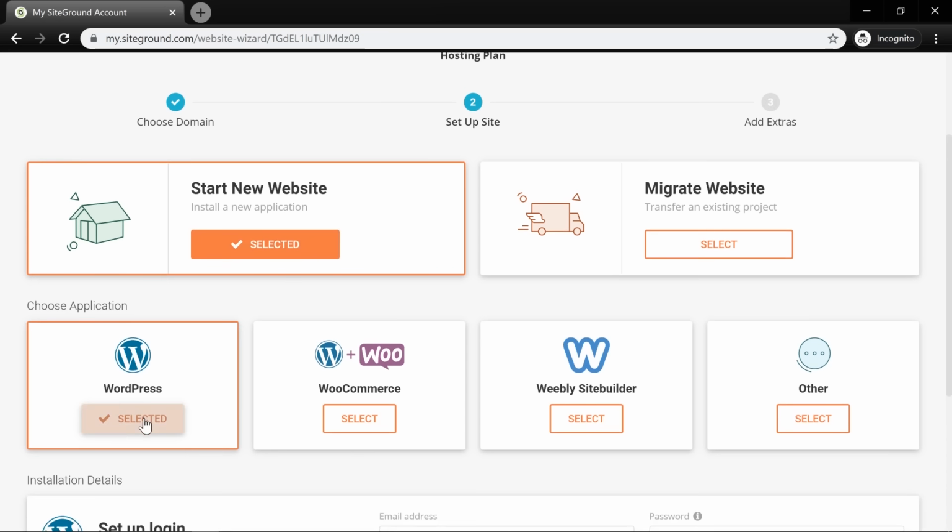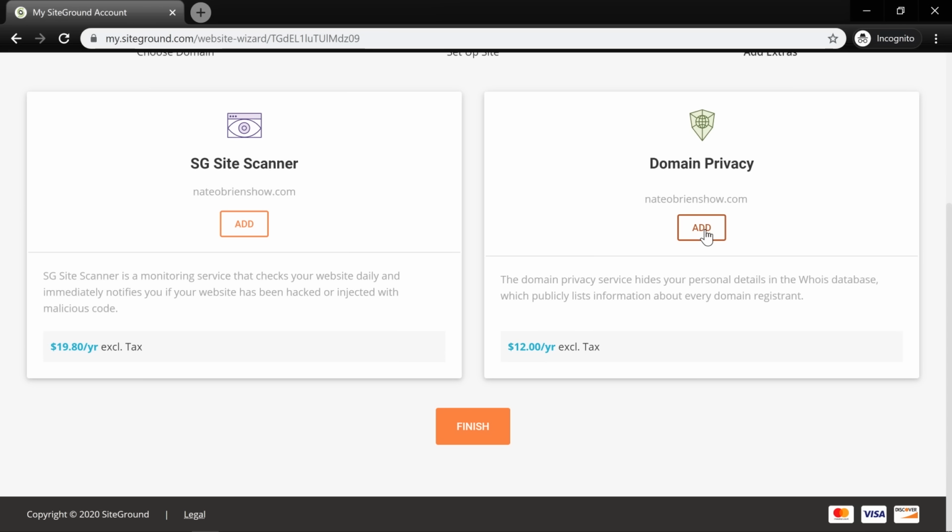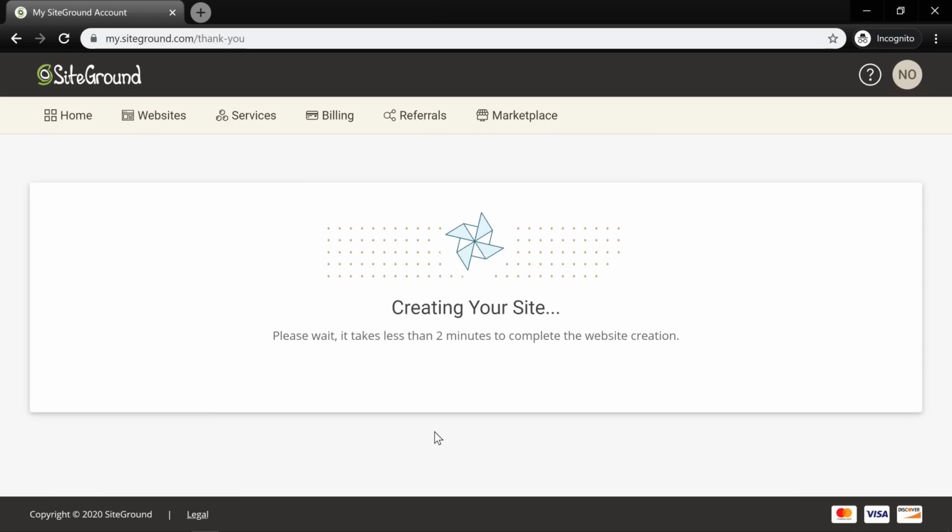So we can click select on this, and then we can actually set up our WordPress login and our password with this. So let me just go through this process very quickly, and then I'm going to click continue here. All right, so now at this point, we are going to add domain privacy, go through the process of paying for domain privacy. All right, so now they are creating our site. It might take just a little bit of time to get set up, but once this gets set up, you will have your live website, and you can go into a separate tab and type in your website domain and look it up, and you're going to see your website.